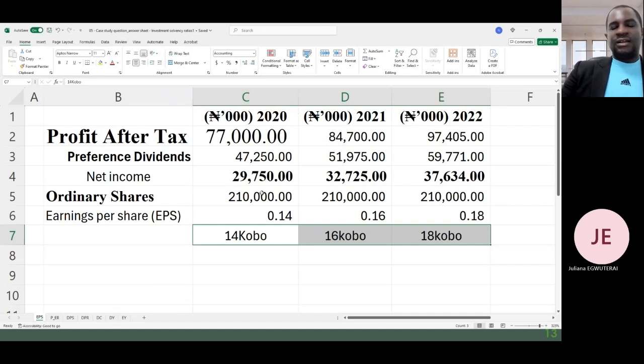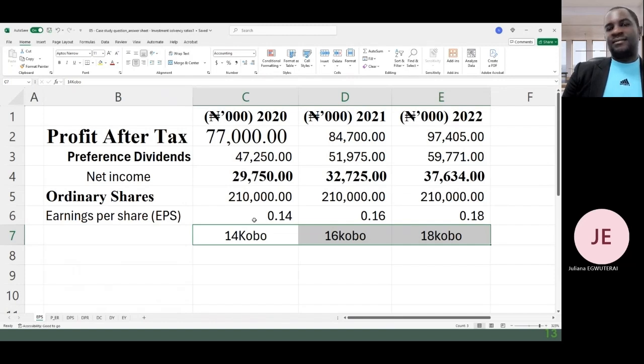So imagine somebody having 1 million shares, because the total share is 210 million. So if you have 1 million shares now, your share grew by 14 kobo. So at 1 naira each, you have 114,000. 16 kobo will give what? 160,000. Yes, 160,000 exactly. So imagine you have 1 million now, and in a year you already have 160,000 added